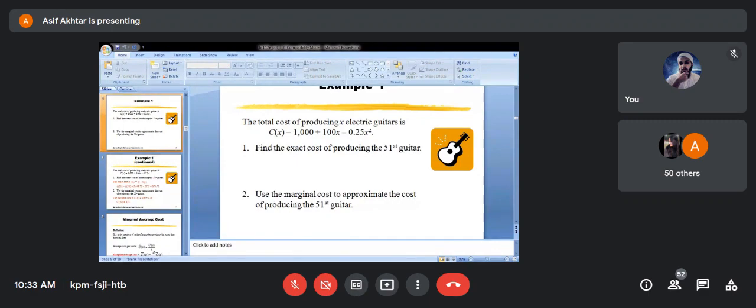Okay. Now repeat in your language. What do you get first? The total cost of producing 51 guitars. And then next, the total cost of manufacturing 50 guitars. So if you take the difference,